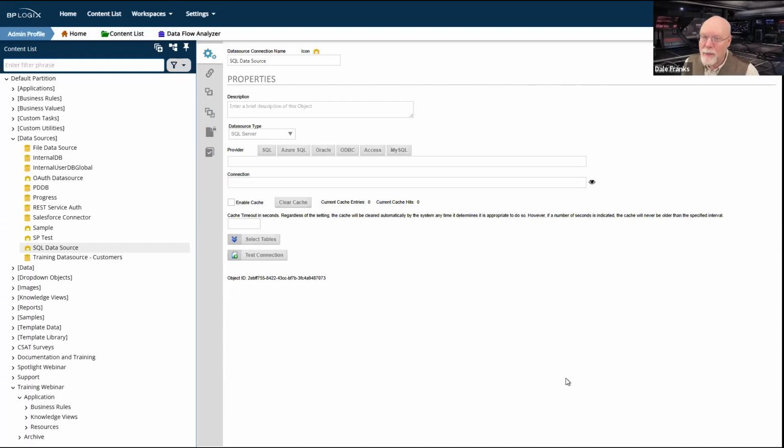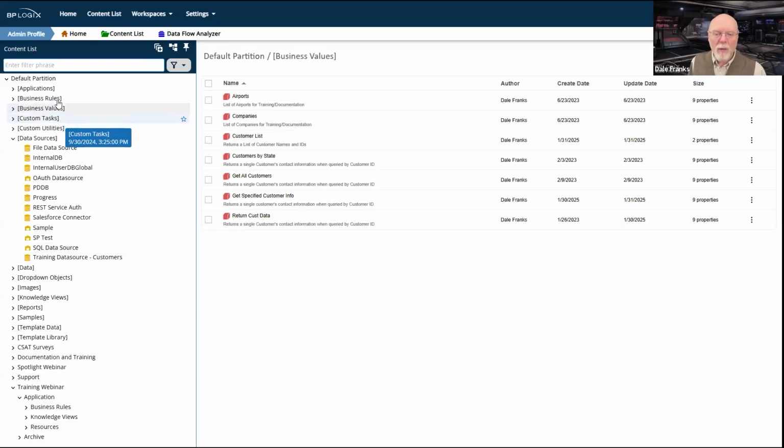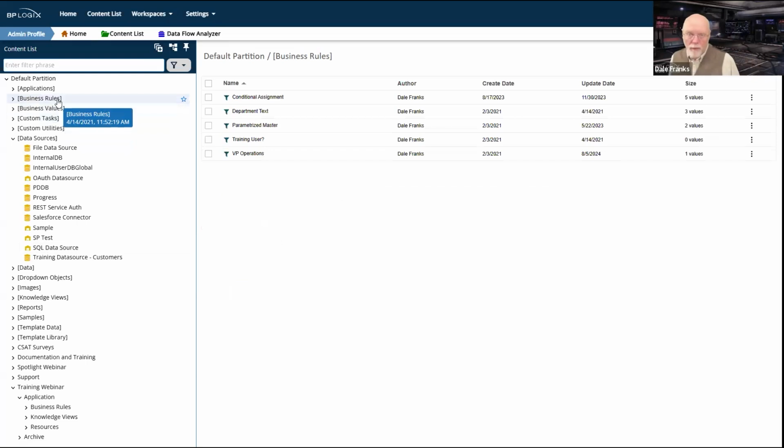Those are all going to have to be imported too. So those will all be imported separately from your application. Indeed, all of these global objects, such as metadata and data sources like this, or business values that go in these global folders, or business rules that go in these global folders, they'll all need to be imported before you import your application folder.